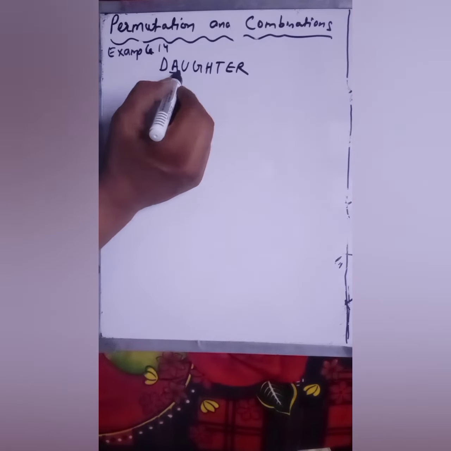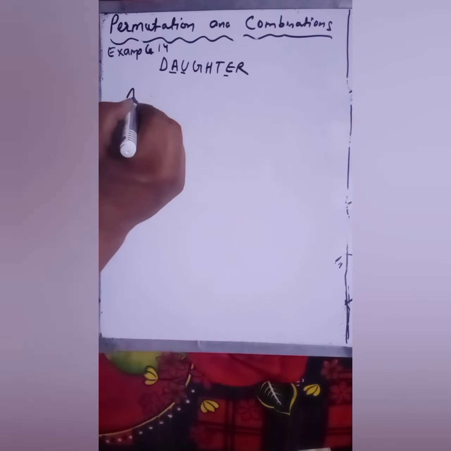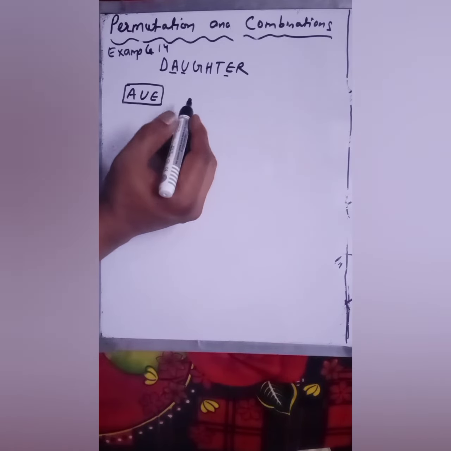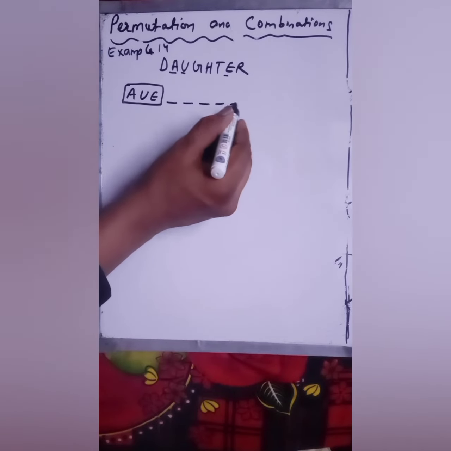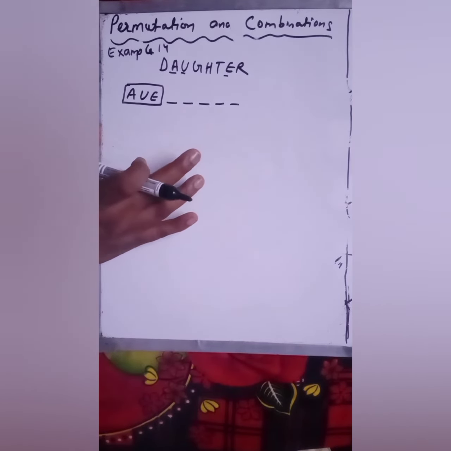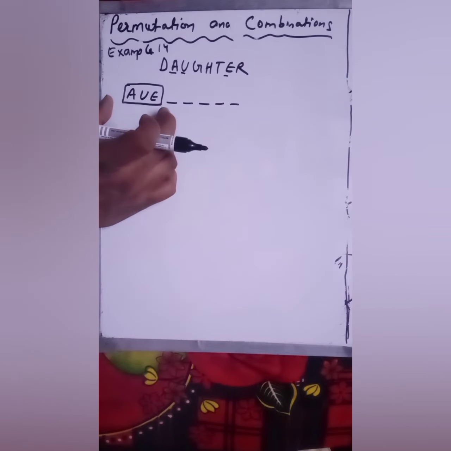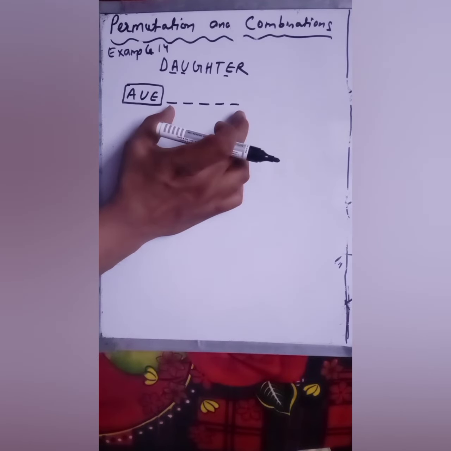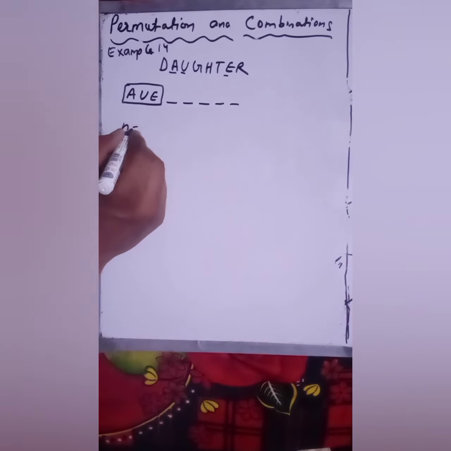So in this, A, U and E are the three vowels, and all the three vowels must come together. Fine. So there is an 8-letter word. If all the three vowels come together, we are assuming that this is the only one situation, and the rest of the 5 we have to fill. So there are a total of 6. Your n here is 6.